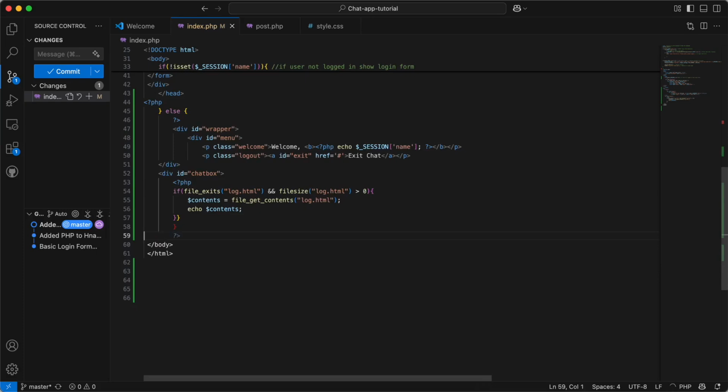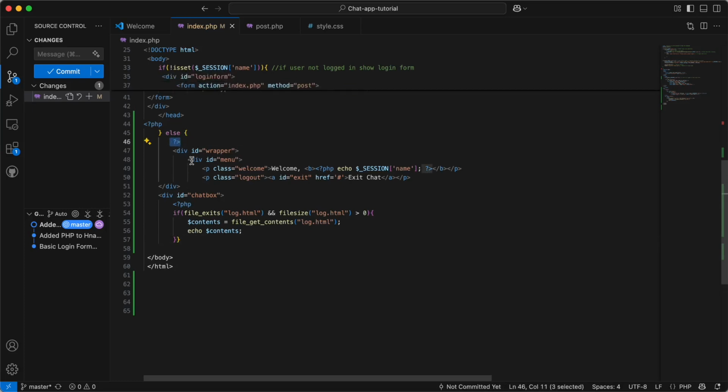I think I did it 2 times. Let me remove it, please. Okay, so we'll also close. I think yes, we opened the PHP somewhere. Yep, we opened the PHP here, so we have to obviously close PHP here